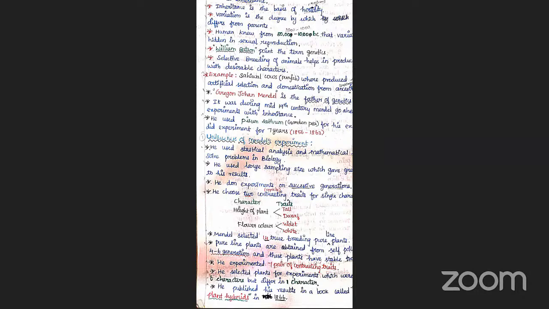The second one is hybridization. Hybridization means, you know very well, 2 different things being crossed or combined together. That is called hybridization. For example, this is